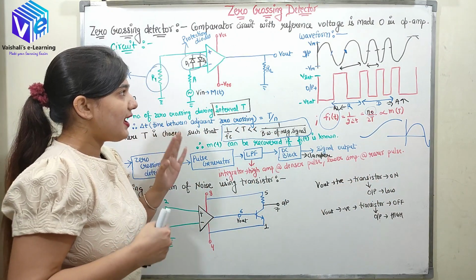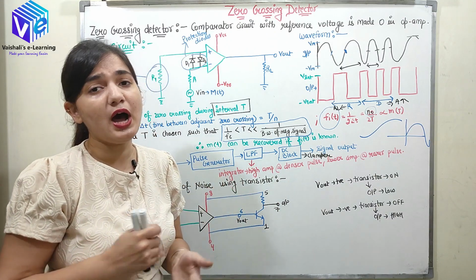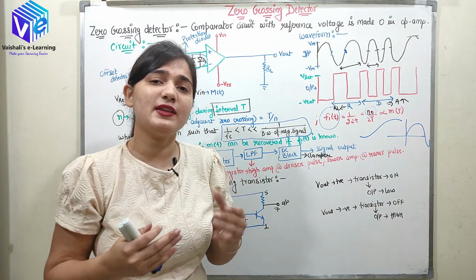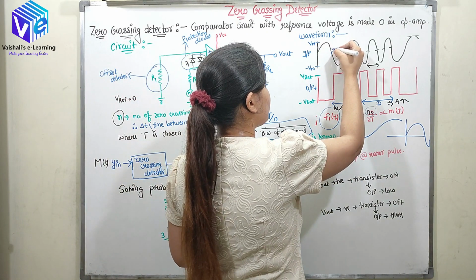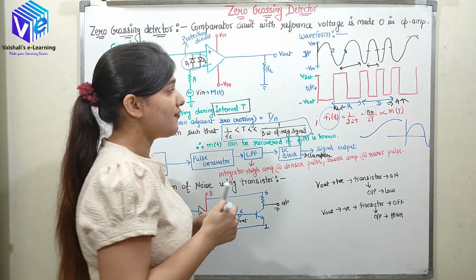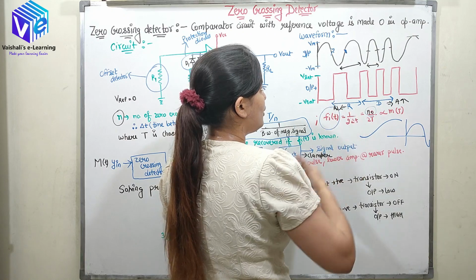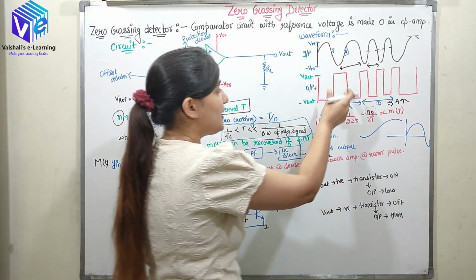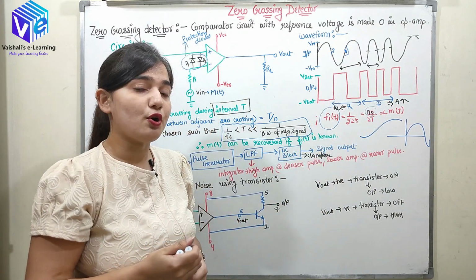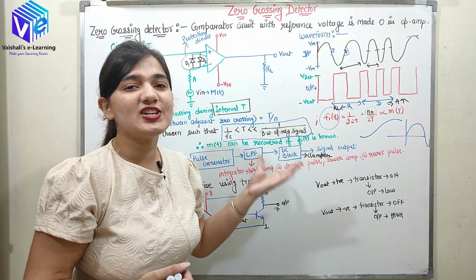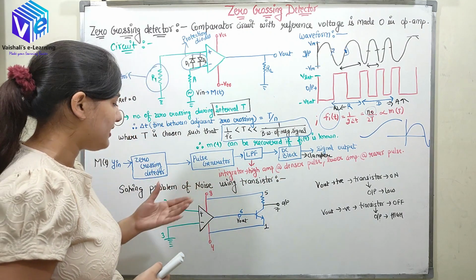So now if I have this circuit diagram, here we have the problem of noise. So how does the noise play its role in this circuit? Whenever we have noise at the 0 crossing, the amplitude would be high, and instead of the pulse it will give me a higher or lower value. So whenever we have noise, the amplitude will shift and the pulse will shift, and maybe the 0 crossings will shift, and the information is present in the 0 crossings only. So we need to tackle the problem of noise very carefully.